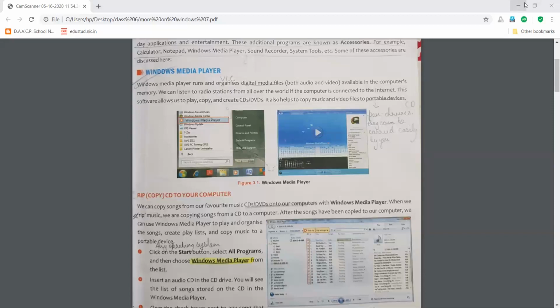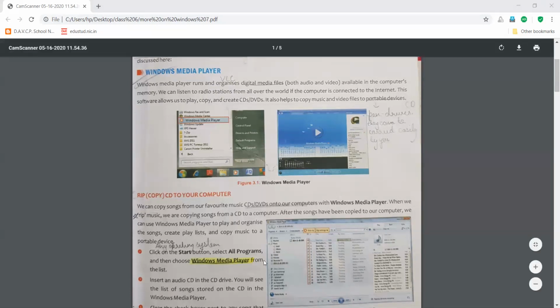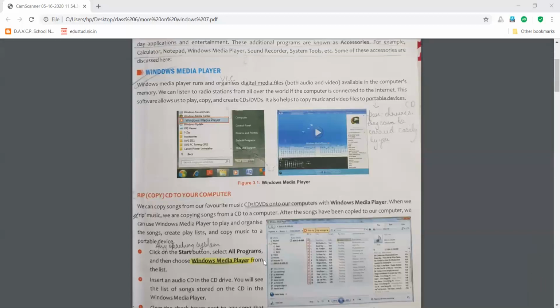portable devices. Portable means data which can be taken from one place to another without losing data. Suppose you are working in your computer lab of school, then you cannot take that computer anywhere to the classroom. You only have to go to the lab and then use it, right? So that is not a portable machine. But if you are having a laptop that you can take anywhere, so a laptop is portable. So basically portability means that you can take things anywhere you want. So Windows Media Player will let you take the data from these portable devices also.